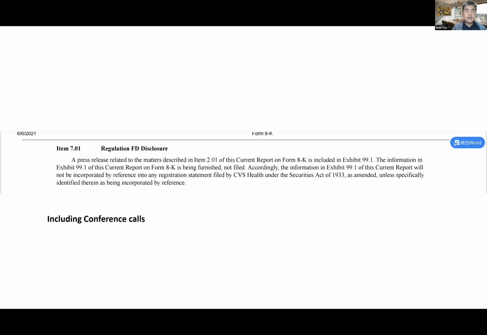That's how you can find the conference call: you can parse it from item 7.01. Let me repeat it one more time. Why is the conference call in item 7.01? The reason is that the company does not want the conference call information to be available only to the people who attend it. They want it available to everyone in the market. So they file the conference call immediately afterwards in item 7.01, so everyone can see the contents of the conference call.